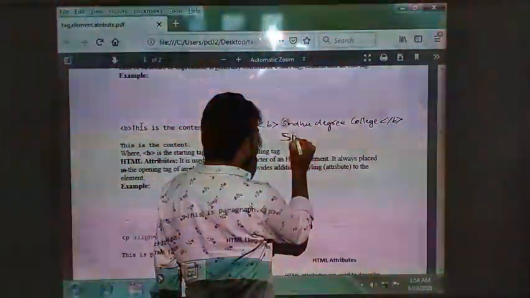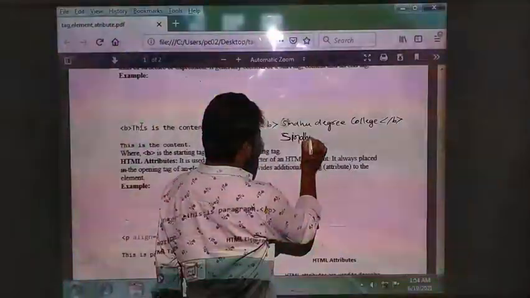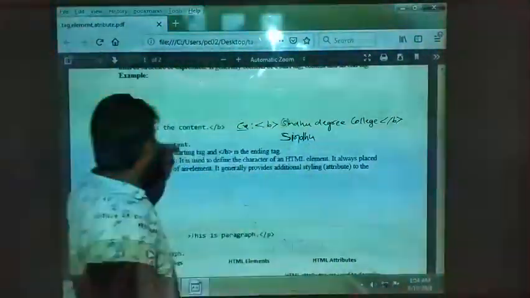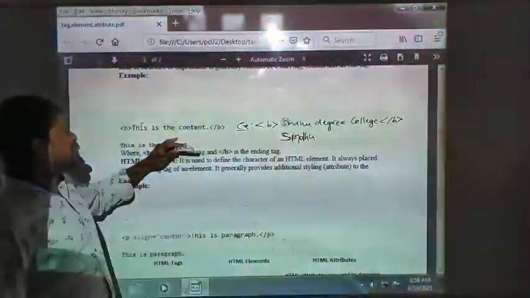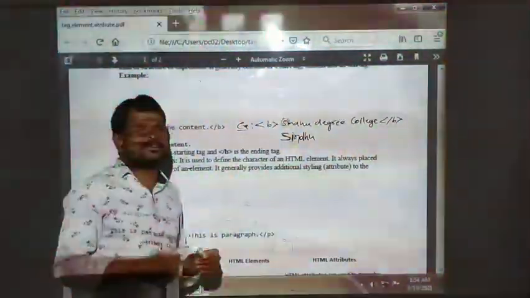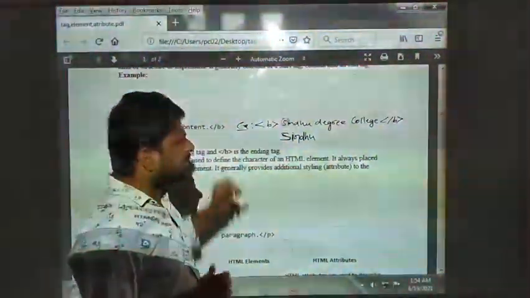You know bold letters, right? So in bold format this will appear. The element decides how the content of the tag should be displayed.